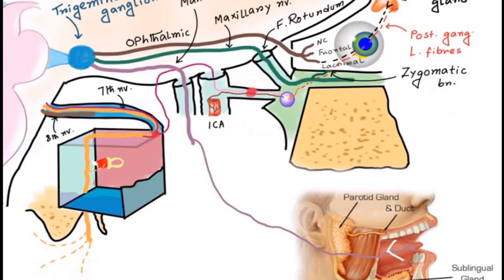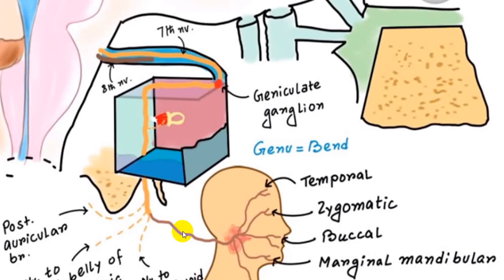Lacrimal gland. Now in the middle ear, it will be running posteriorly, and then it will be coming down and comes out through the stylomastoid foramen. So you can see here, this is the geniculate ganglion, this is running posteriorly, and after coming out it will give one branch, that is the posterior